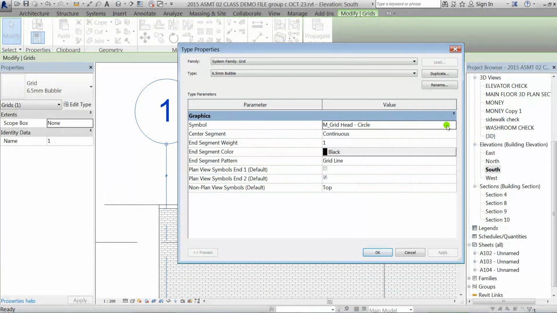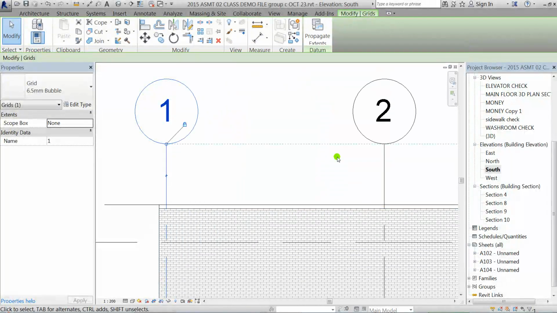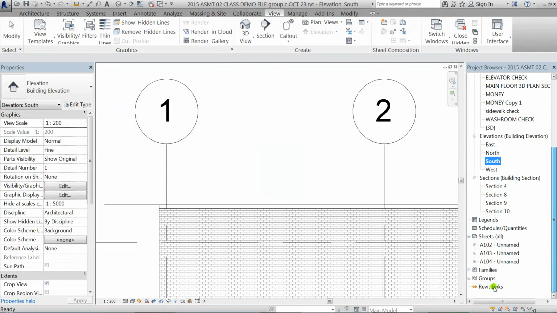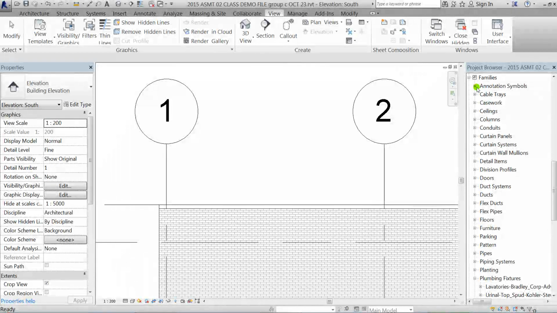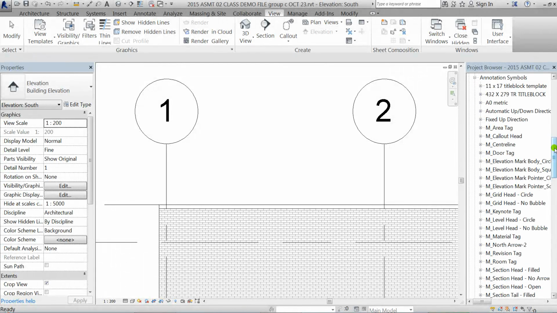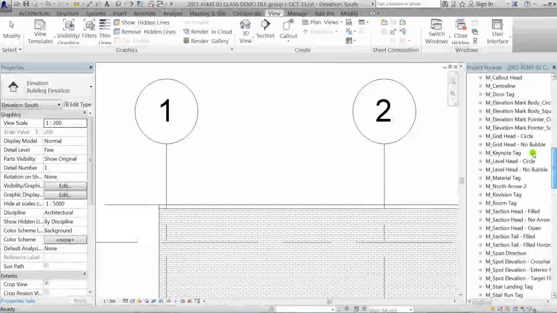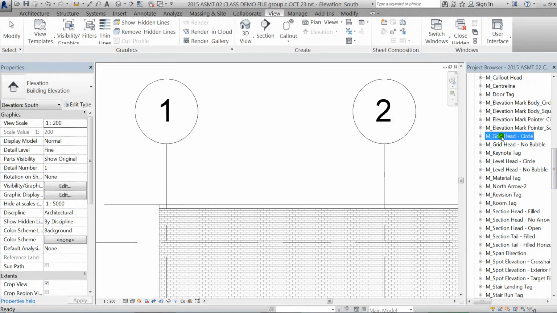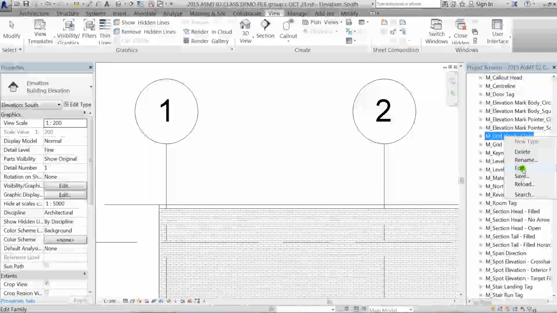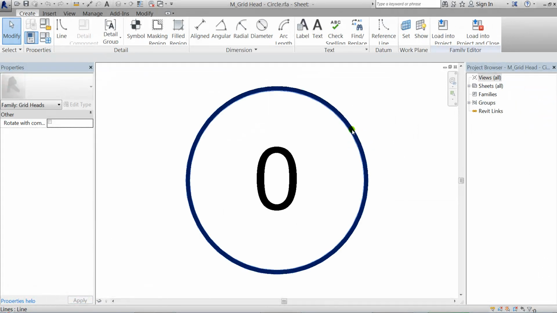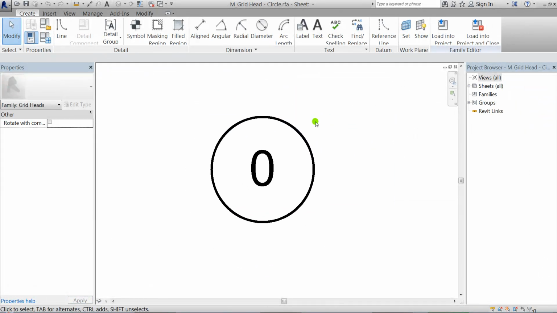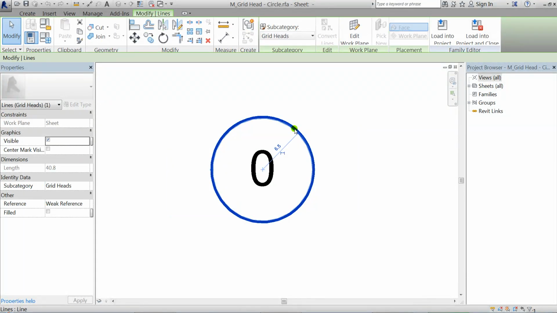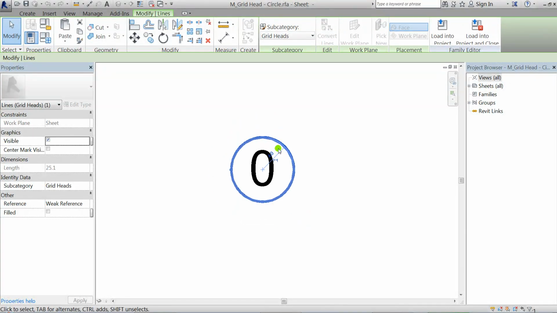There's no way to connect to the editing options here directly, so I have to just click on OK, and then in my browser expand Families and Annotation Symbols and find m_gridhead_circle. I'll right click on it and go to Edit, and I'm now in the family editing environment here, so I can just click on the circle, and you'll see that once I do that I get a temporary dimension here for the radius, which is at 6.5. I'll change that to 4,